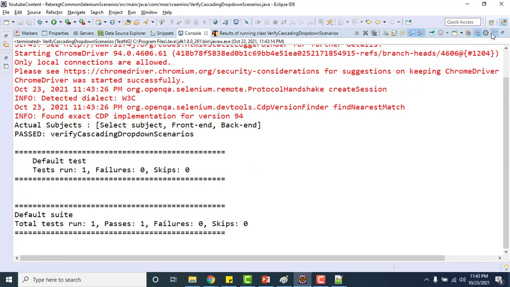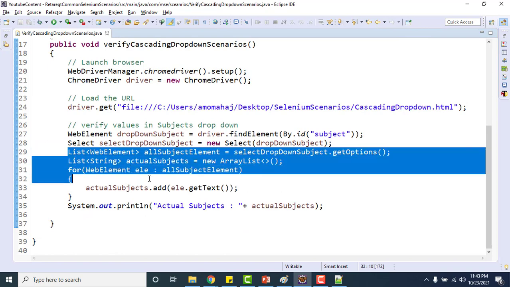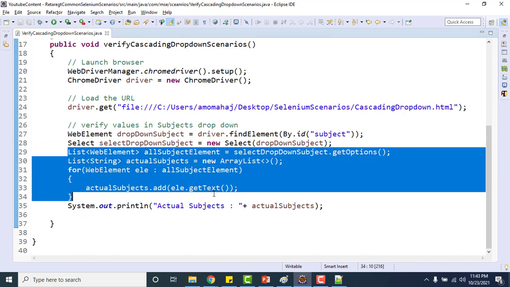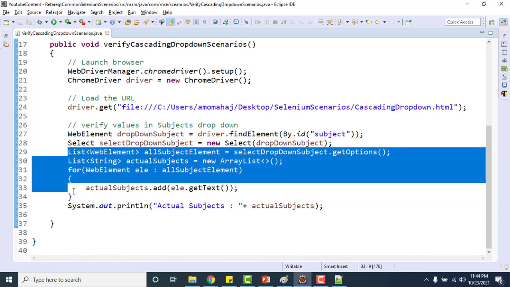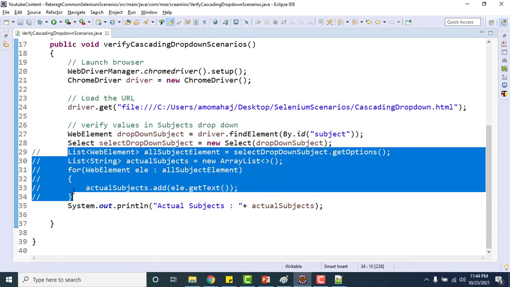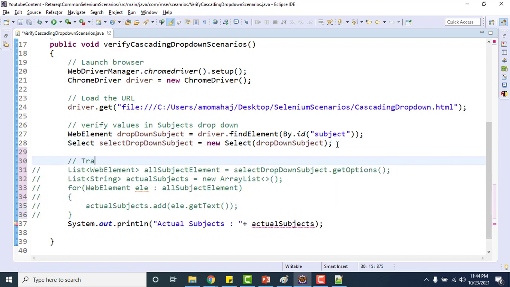Now if you see here, we have written these many lines of code. Actually these are not needed if you know Java stream. This is just a one line code. Instead of writing these many lines of code, you can write it in one line. So I will keep this code also for you people to refer to, and I'll comment it as the traditional way using a for loop.